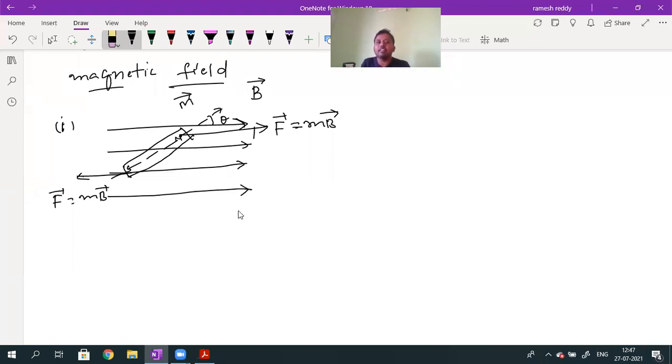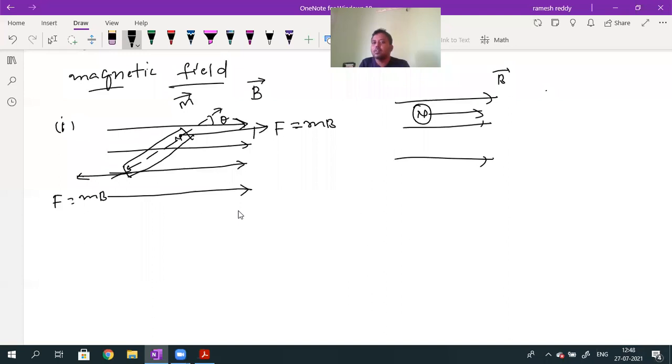I will write this force value in scalar form. Force acting on the two poles will be seen, equal in magnitude but opposite in direction. You know that when I consider an external uniform magnetic field, on a north pole a force will be acting. That force direction will always be in the direction of B bar.